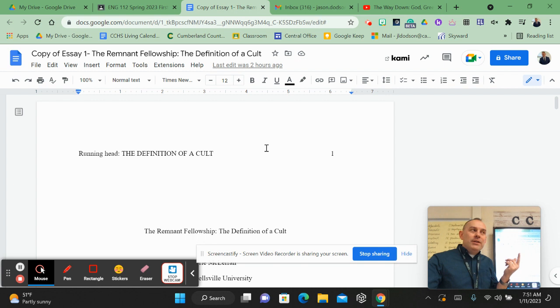All of that seems counterintuitive to me. Like that's not at all how my nature is to capitalize things. But again, that's what APA says. By the way, APA stands for American Psychological Association. And so it was a style that was developed for the social sciences. So you're going to find it used exclusively in sociology, psychology, and history, because history is a social science. So if your major is in the social sciences, you will almost exclusively use APA formatting. MLA stands for Modern Language Association. It's almost exclusively used in English and in foreign languages. So if you're studying the arts and humanities, probably you're going to be using MLA format.